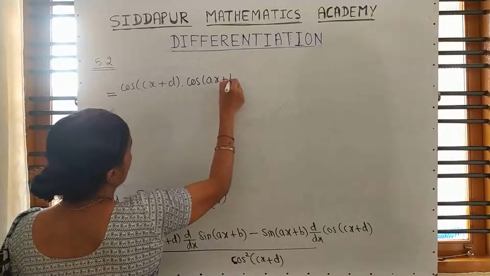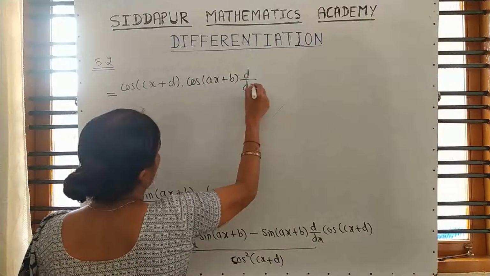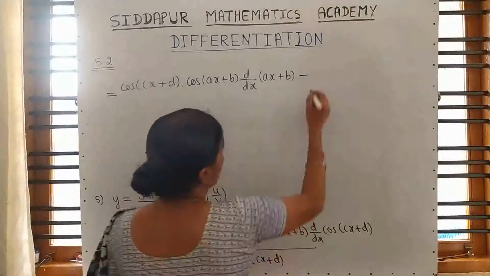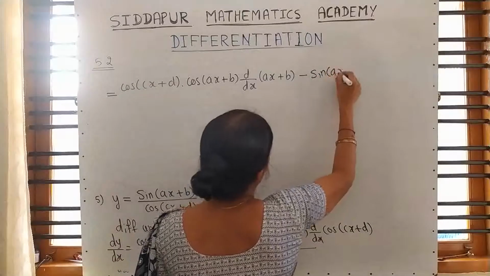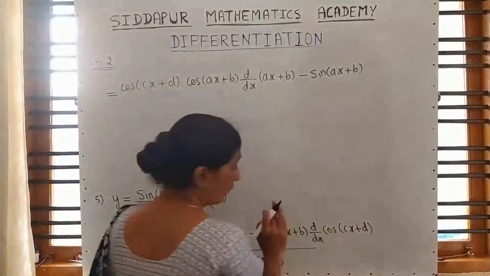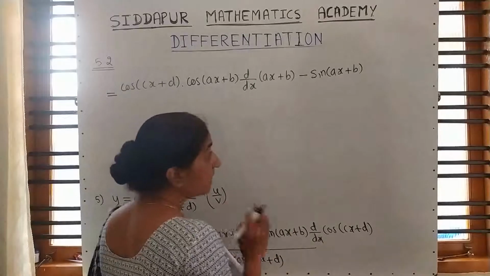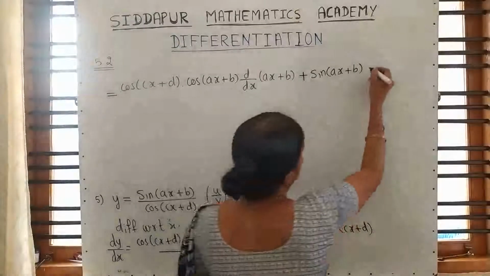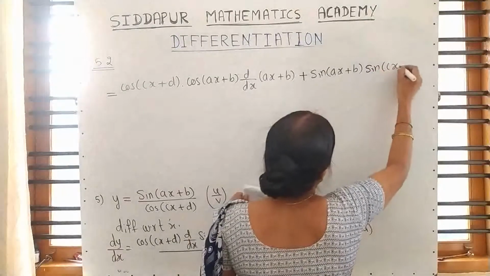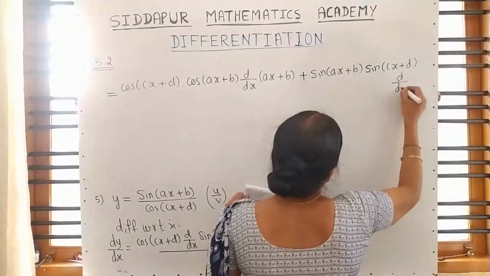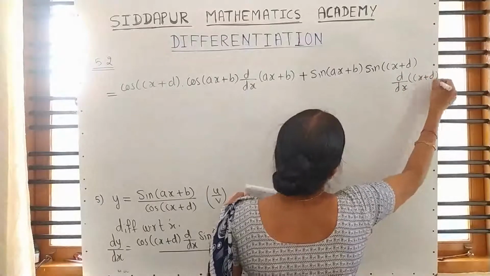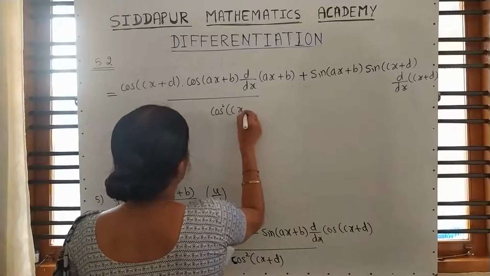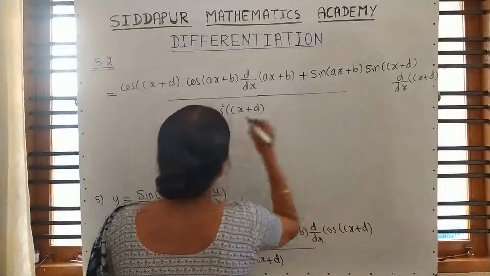differentiation of sin is cos of ax plus b, angle we have to keep as it is. Now the angle is ax plus b. Here minus, this is before differentiation, keep as it is. And what is the differentiation of cos? Differentiation of cos is minus sin. That's why this minus I am converting as a plus, because minus into minus is plus. Sin of cx plus d into differentiation of cx plus d, divided by cos square of cx plus d.